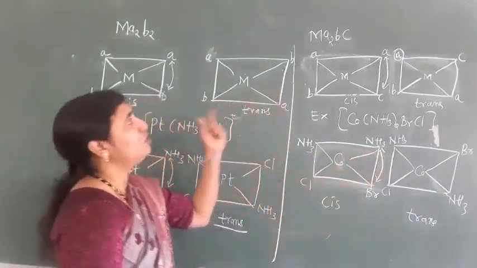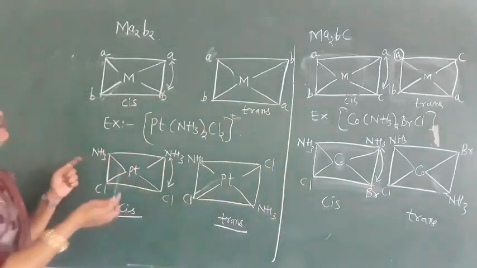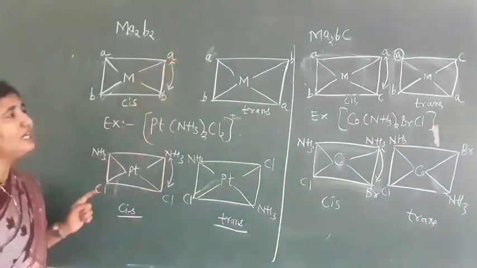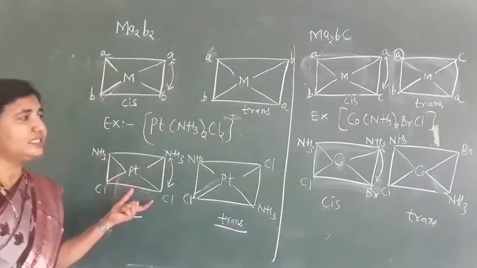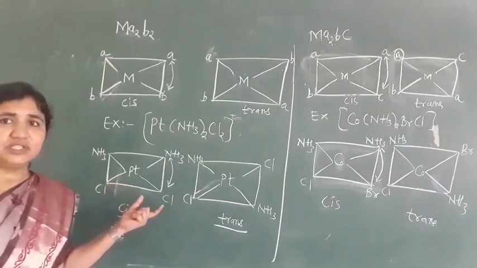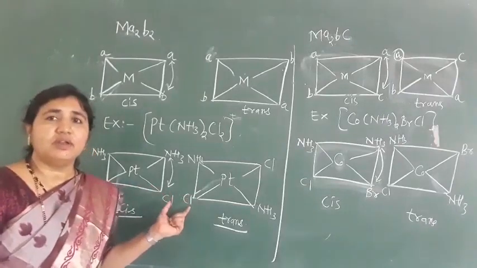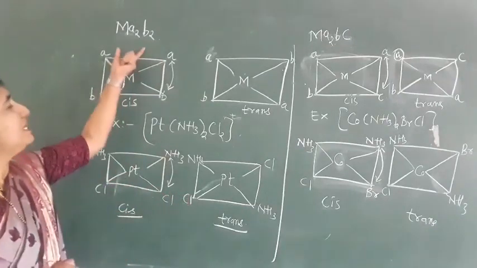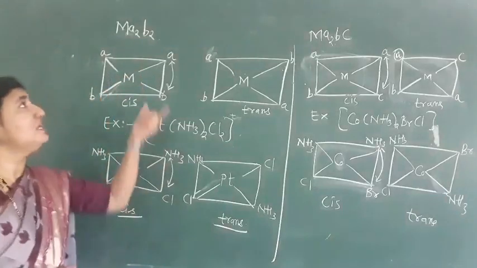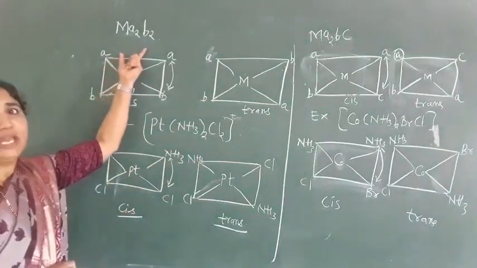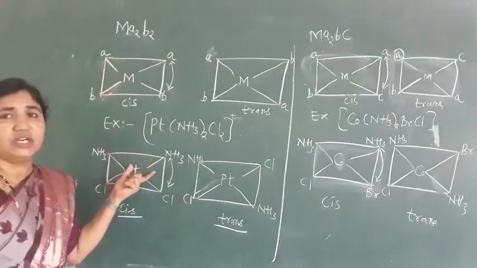This is Ma2BC type here. Or you can make it pair here. But this one, in the theory exam also, they will ask you to draw the structure. So you should have the practice of drawing also, not only just pairing and getting the geometrical isomerism. This one, the MA2B2 type, you have to practice for the drawing also.